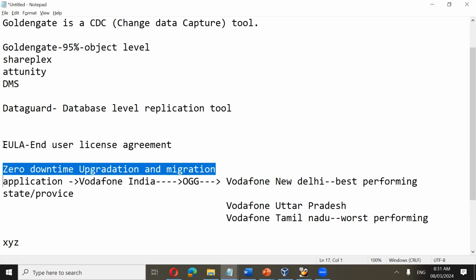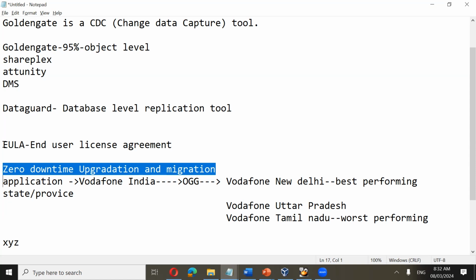They had a total loss of 1 million pounds, basically 10 lakh pounds, if I have to talk in Indian terminology. So they incurred a 1 million pound loss at that time. It was a big loss. And after that, whatever upgradation they did, in fact, recently I did one cloud migration for them. And now they are using Oracle Goldengate.